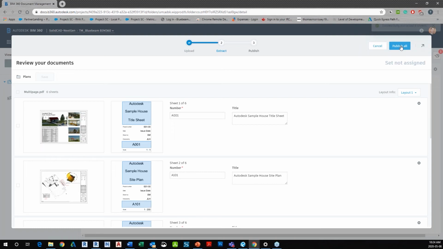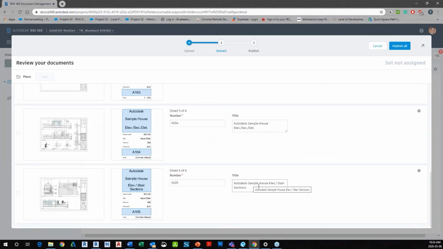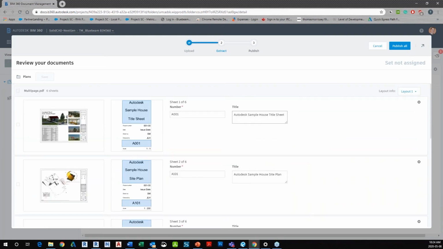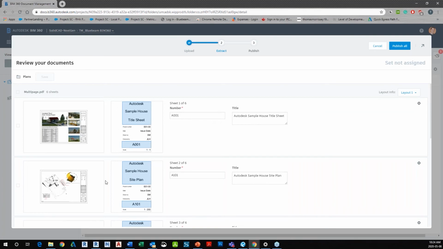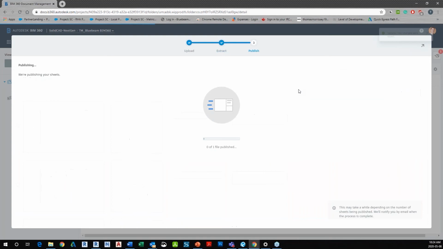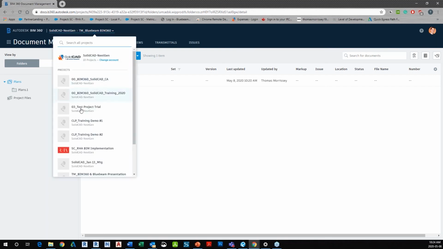So when I click this button here for publish all, it's going to read that all that information is already there. You see that my elevations, stair sections, elevation sections, house plans, house site plan, it's all been read off those little areas of the sheets. So I'm just going to press publish all. So that's saving, and that's publishing in the background. If I click this little arrow up here, you see that's actually happening in the background. It might take a few seconds, so I'm just going to go back